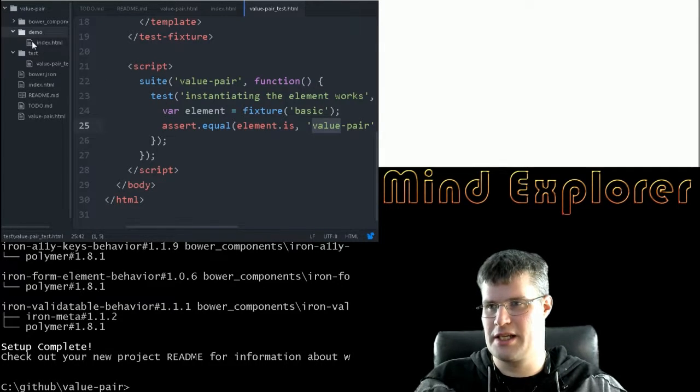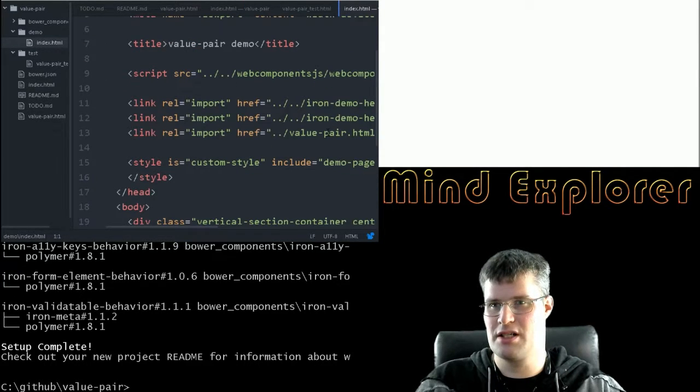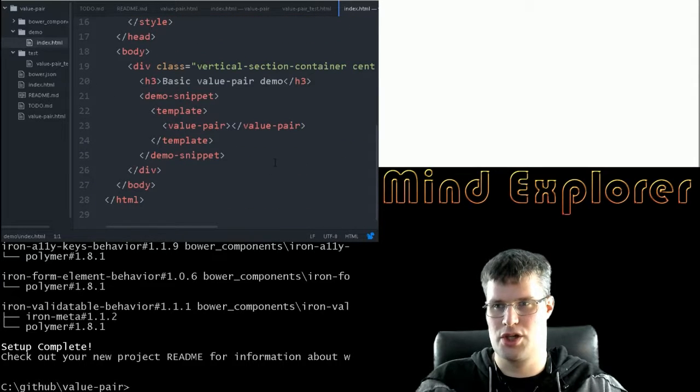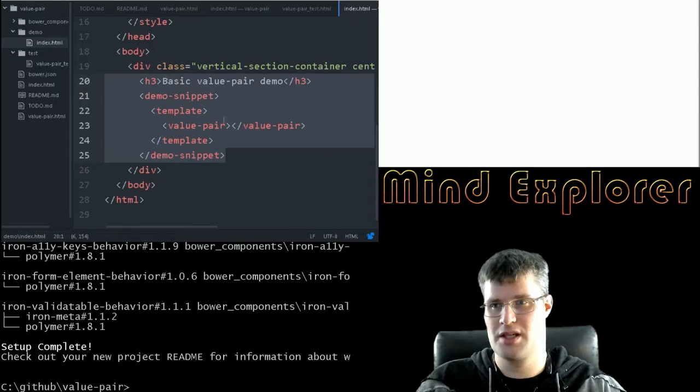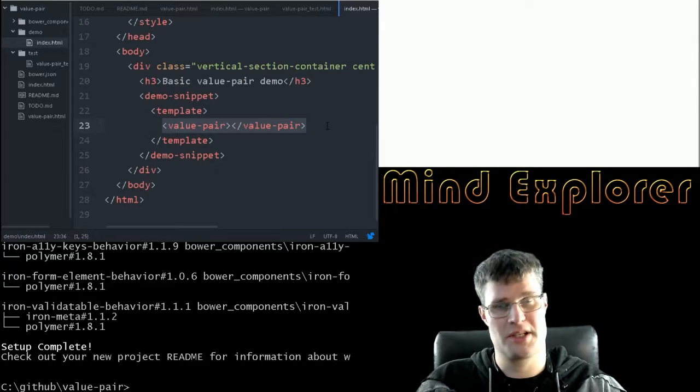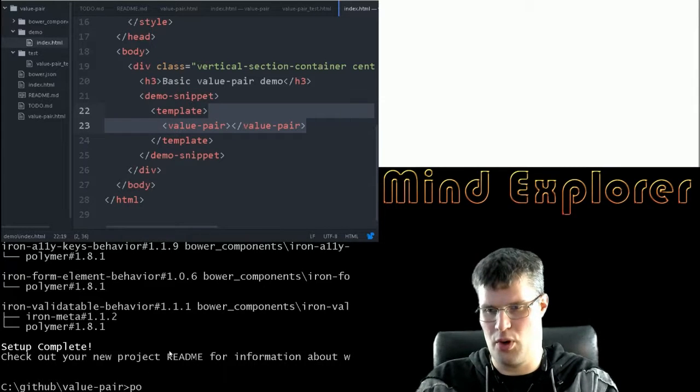And last but not least, we have a demo page, and this demo page will show the element off in a demo snippet. And here you have just a simple template with the value pair component. And if we run Polymer